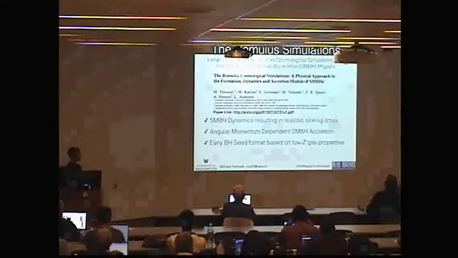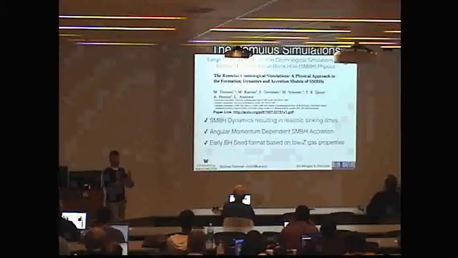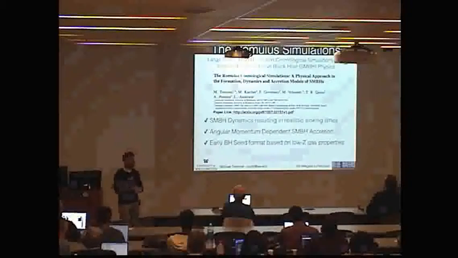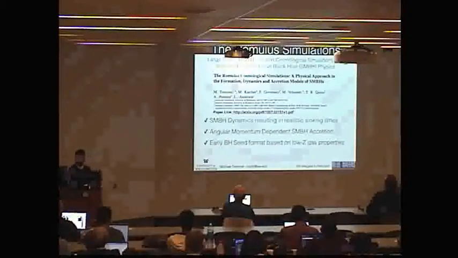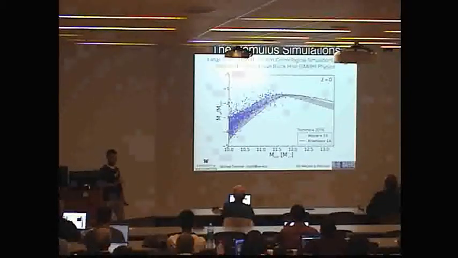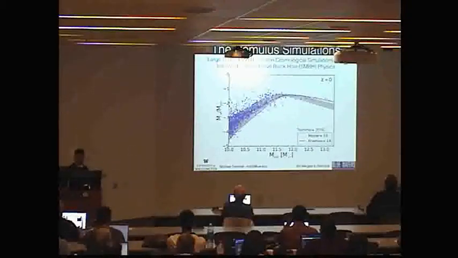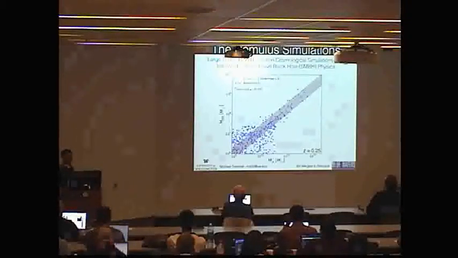Like I said, I'm not going to talk too much about the rest of the simulation, but there's also a new accretion implementation, as well as black hole seeding that seeds black holes in the first billion years of the universe. You can read more about that or ask me about that after the talk. I will mention real quick that the simulations have been calibrated to fit z=0 relationships, such as the stellar mass-halo mass relation and the black hole mass-stellar mass relationship.